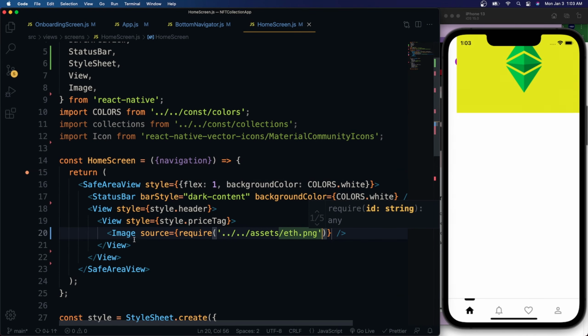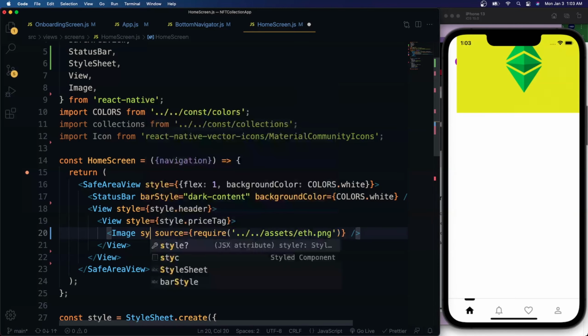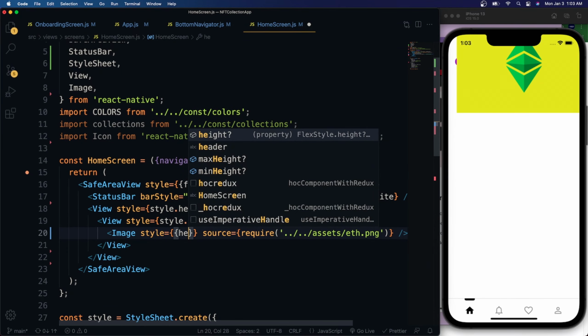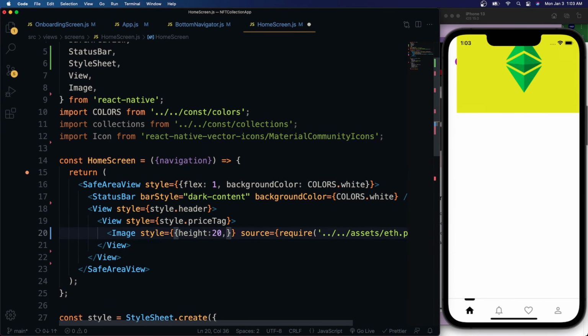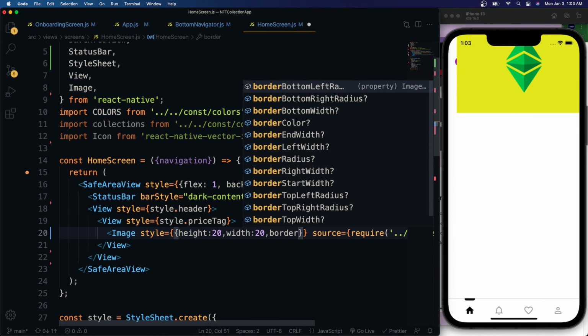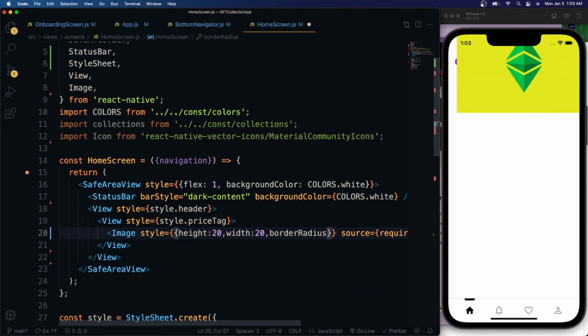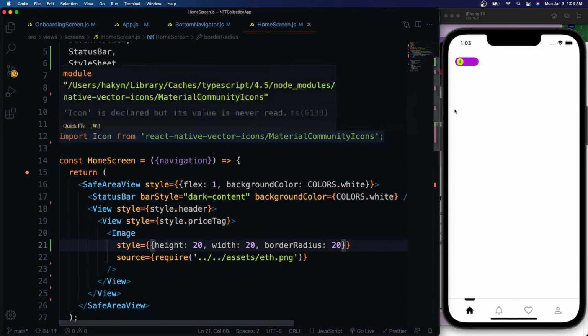Now we are going to style the image, and over here we'll say style. We'll give the image a height of 20 pixels, a width of 20 pixels also. Then we'll give it a border radius of 20 pixels also. So this is going to give it a round shape. Hit save. So now we have the Ethereum